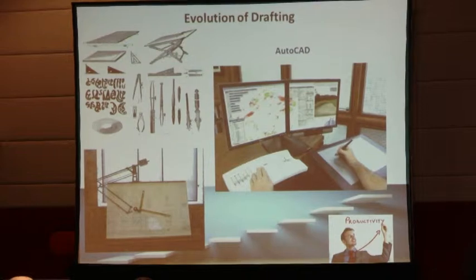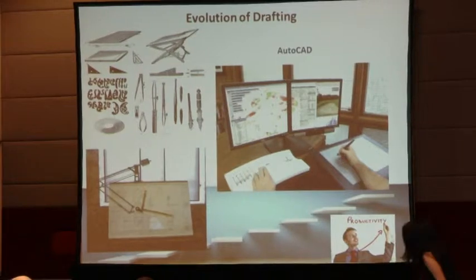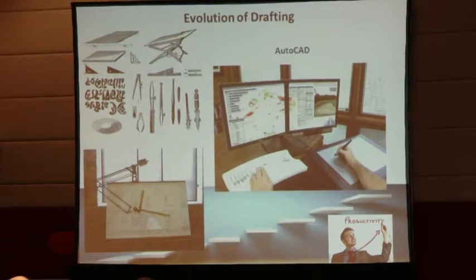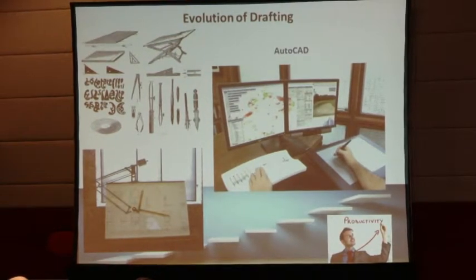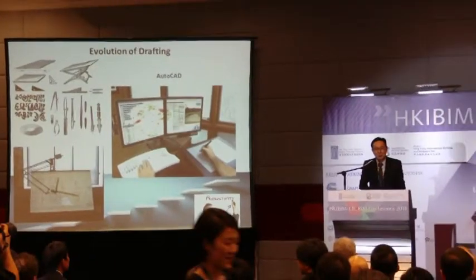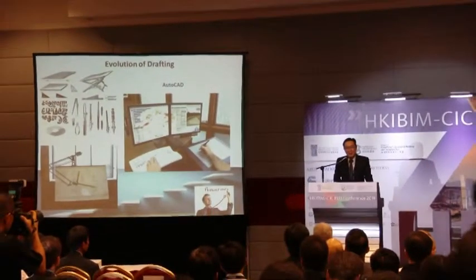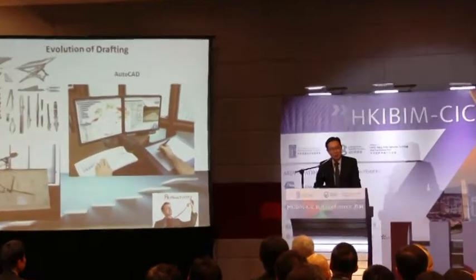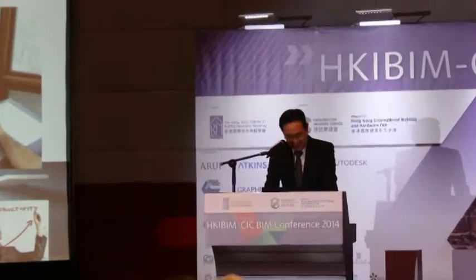So when I joined the construction industry some years ago, the tools for drafting were pencils, drafting pens, drawing board, T-squares, set squares, and flexible curve. And I still remember I used them for preparation of my first BD submission to the Buildings Department, and they only accepted prints, hard copies, no CAD files, no computer modeling like BIM. So from that, I think you should be able to guess my age and my seniority in the construction industry.